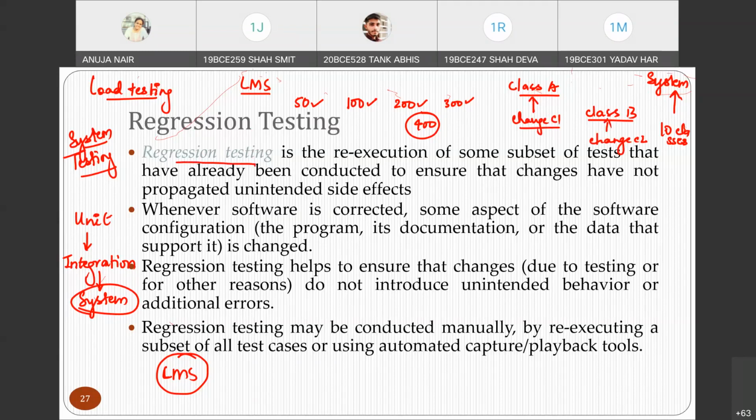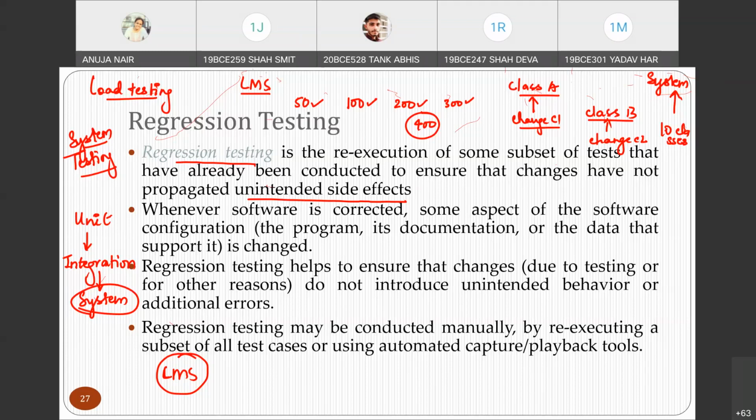Regression testing is just a different name which is given when the entire system is created and then you are performing some changes. When you are performing these changes, is it affecting your entire system? Is any dependency getting created, which is creating some unintended side effects? That is what we check by means of regression testing. So it's not something new, right? It's not some other testing technique.